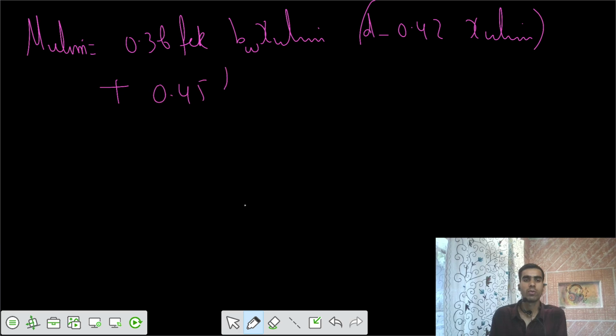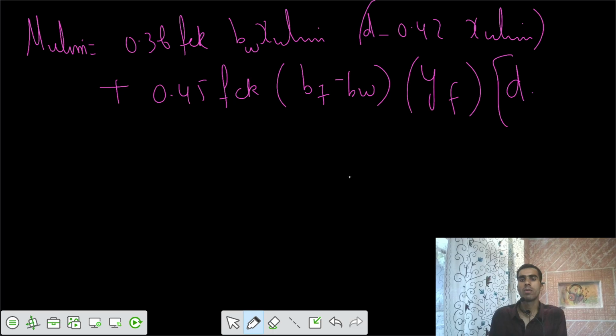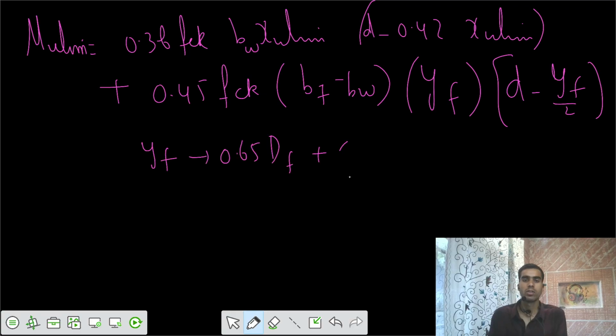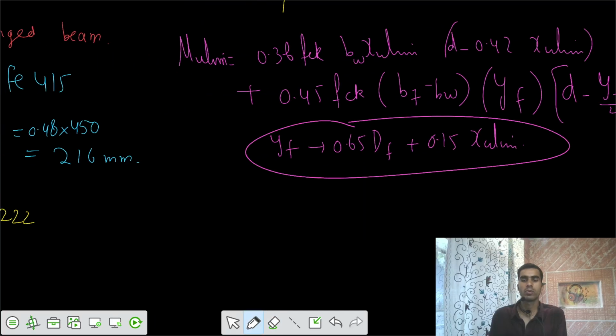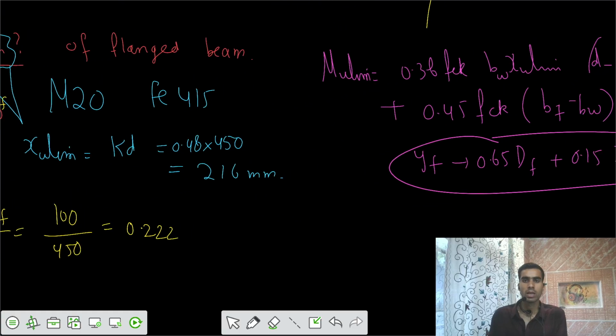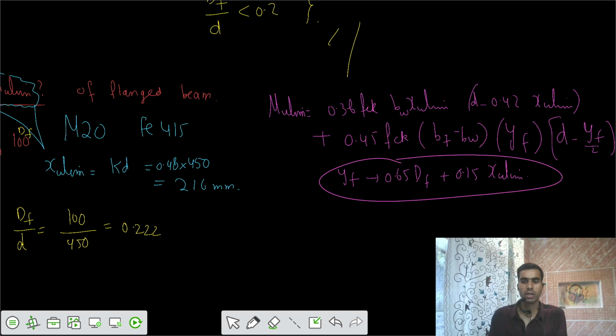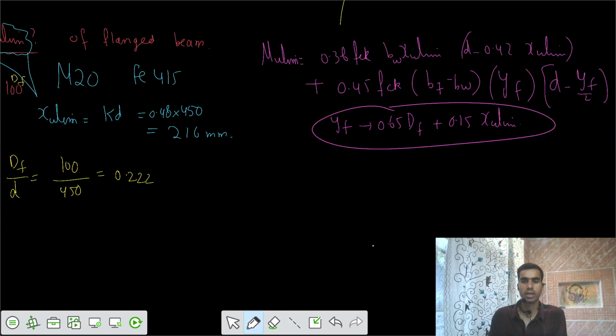The C2 force is 0.45 fck, bf minus bw, times yf, and we have the lever arm of d minus yf by 2, and we have to substitute the value of yf as 0.65 Df plus 0.15 Xu limiting. So let's substitute those values of 0.36 fck, and we can have the calculation of limiting moment of resistance. So Mu limiting can be solved as